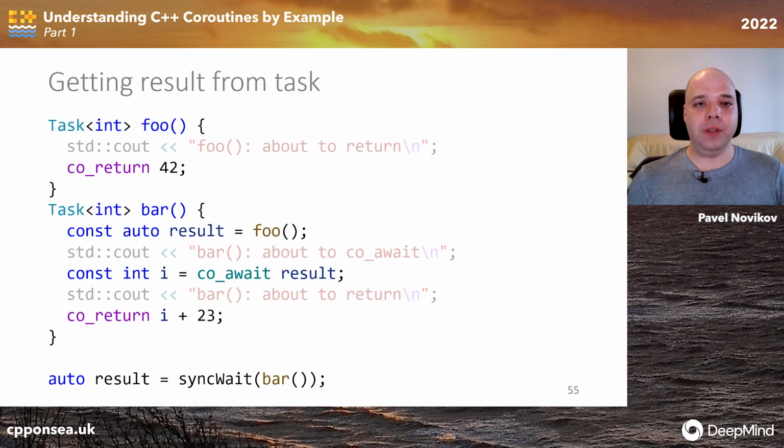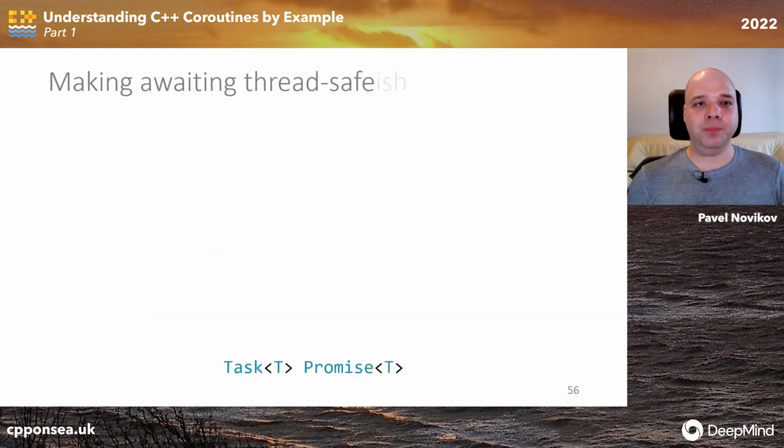And so we can write a program like this, and finally it will work as expected, and we'll get the results out of the coroutine in a synchronous way using sync_wait. So there is one drawback in that scheme